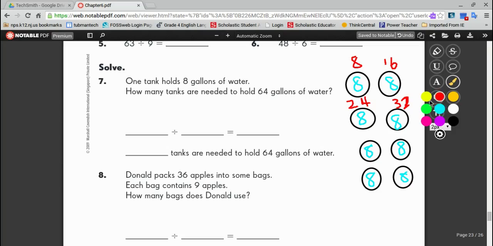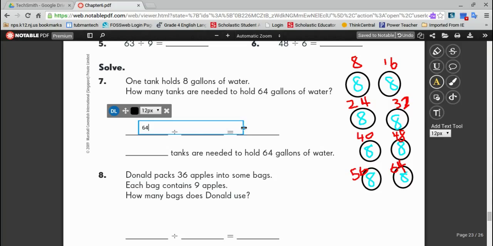Here we go. So counting my 8 multiples: 8, 16, 24, 32, 40, 48, 56, and 64. And now I got 64. So here I have 64 gallons, and what I did was I took my 64 and I split it up into groups of 8. So when I split something up into groups of 8, what I'm really doing is dividing. So 64, and I'm dividing that by 8,